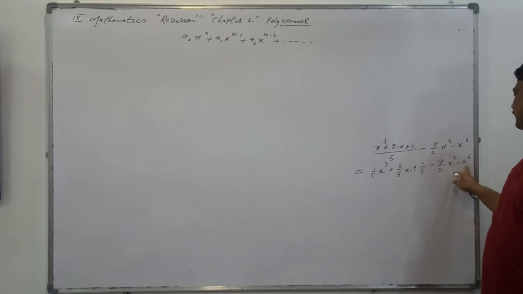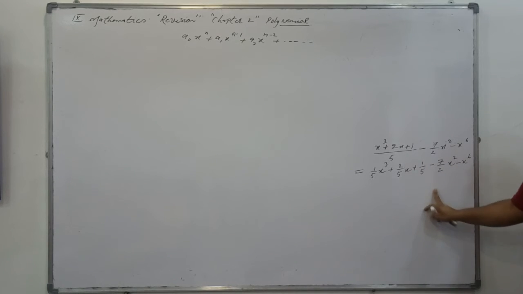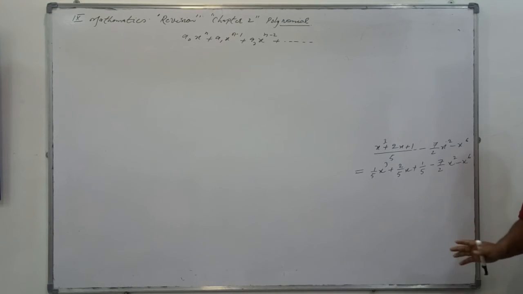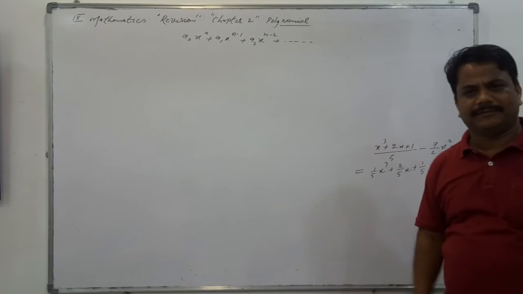Next question is this: coefficient of x to the power 5. Is there any? No. X to the power 5 is saying or not? X to the power 6. What is minus 1? Clear? Now the constant term, 1 by 5. Right now, I think the degree, coefficients, everything else you understood about it.